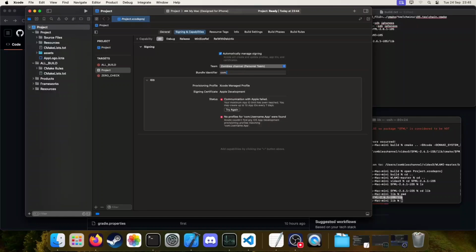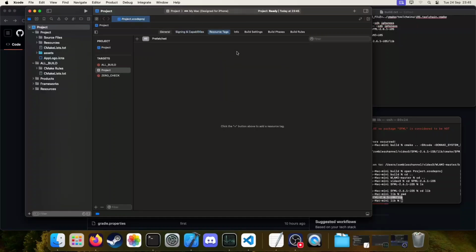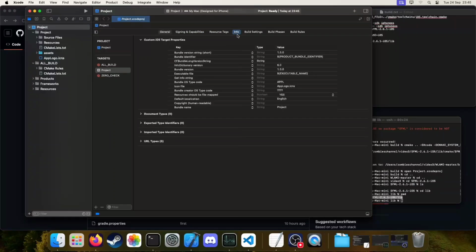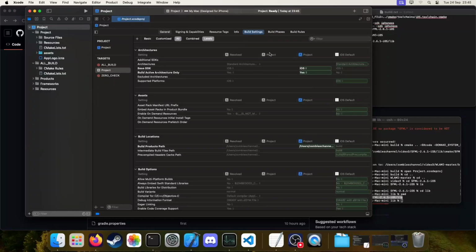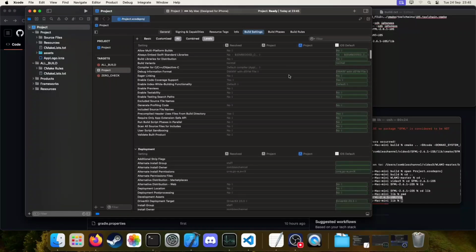We'll also need to change the bundle identifier. I'll change that to something like zombie channel dot testing. There we go. Okay, and that's everything for this. We'll need to go under info. No, this is fine. And okay, so now under build settings, we'll scroll down